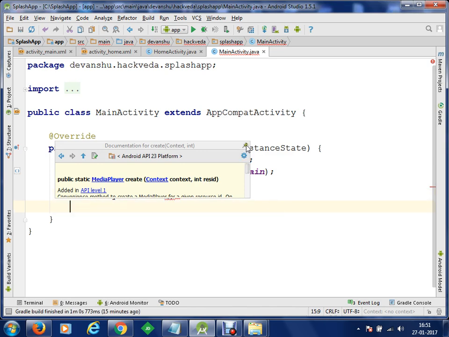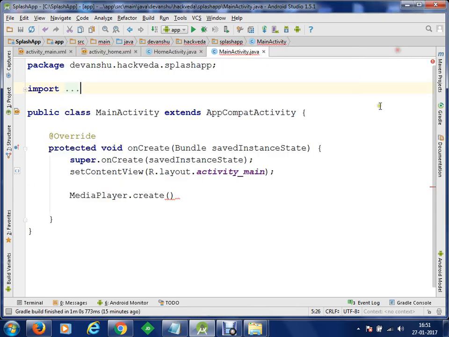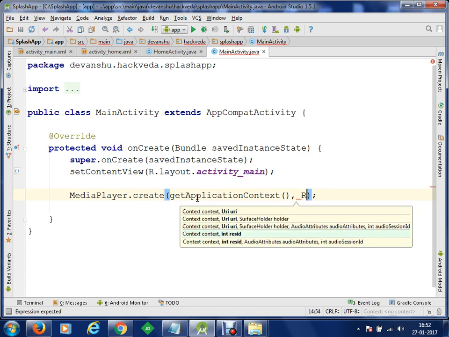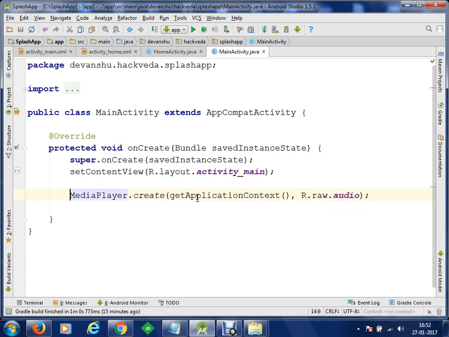This resource is the reference to your music file which you want to play. Okay, so now what we did, we have created an object of media player, and now we are going to provide the context, and we'll say we are going to create the object of this media player in the current context, and we want to refer to a file R.raw.audio. This audio will be your integer ID for your audio.mp3 file. Once the instance is created, we are going to store that into an object, let's say mp.